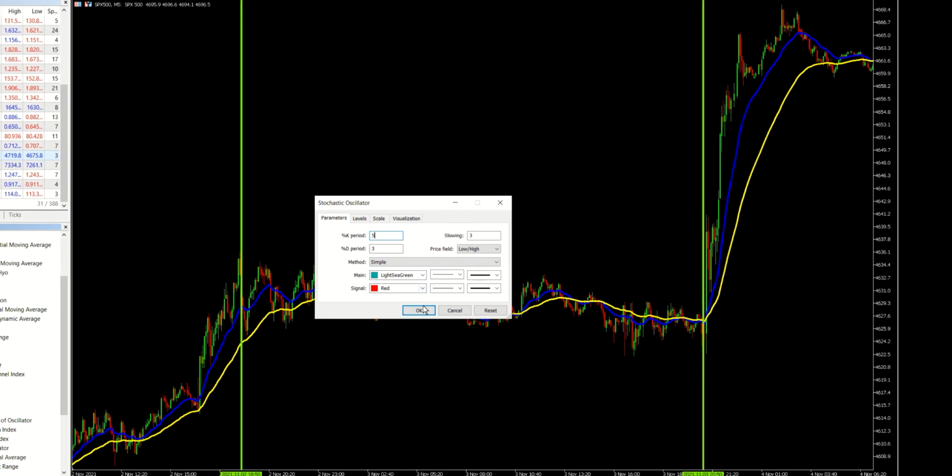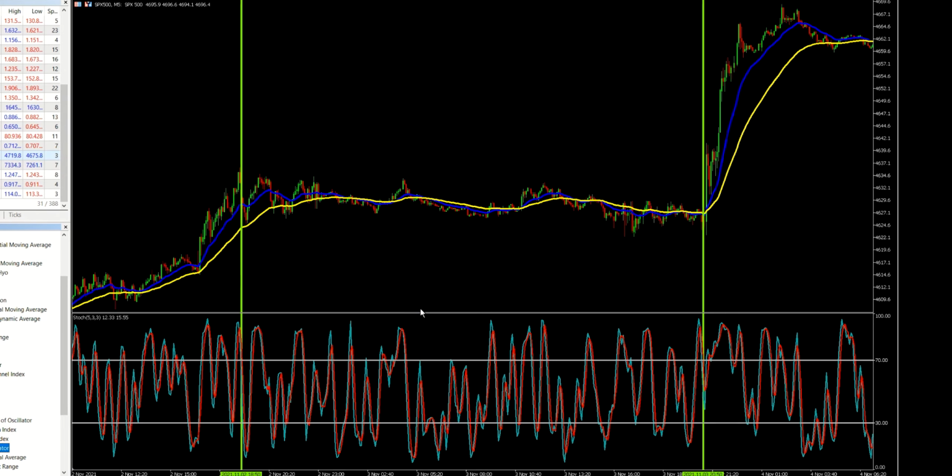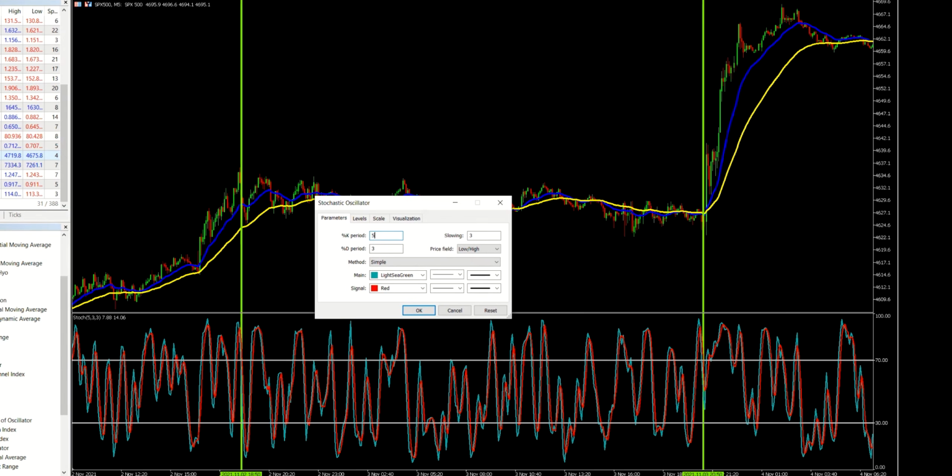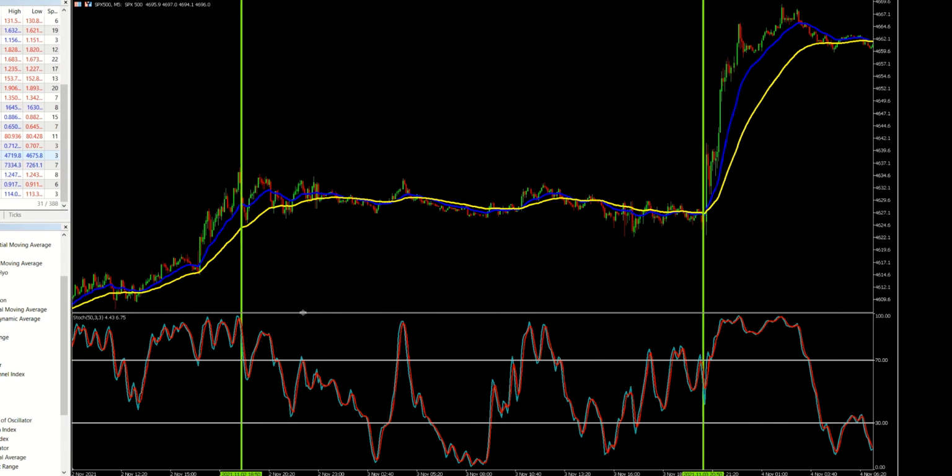So for example, if you were looking at something like 5, 3 and 3, this just gives you too many signals, and every single minor movement is going to cause the oscillator to fluctuate from overbought to oversold. I tend to prefer a higher number of periods, which gives you the more substantial moves. So if I set this to 50, what we now see is that when the oscillator is in this overbought region,